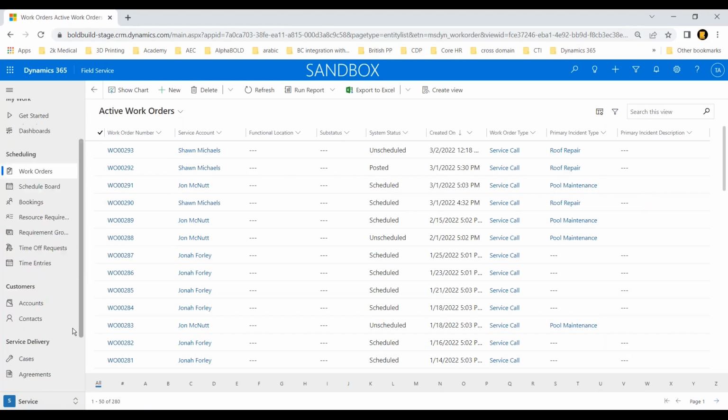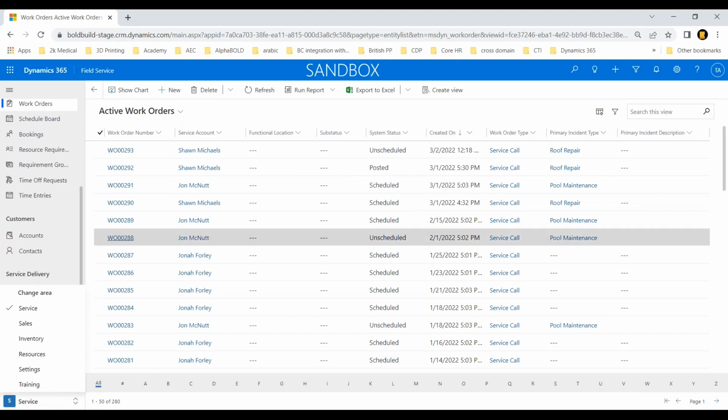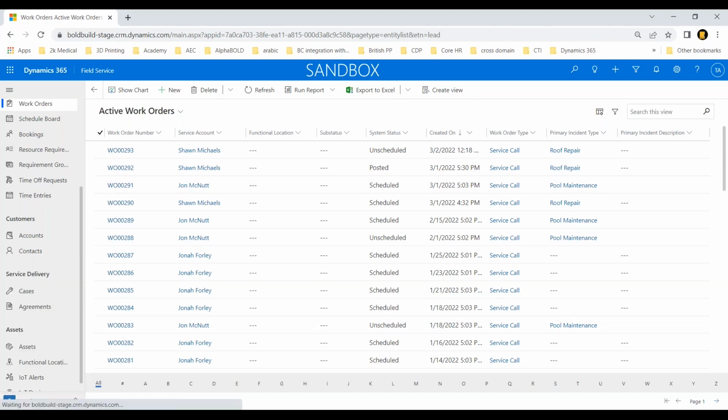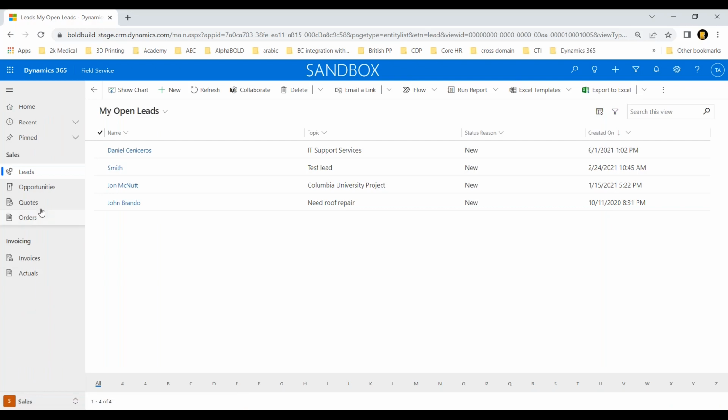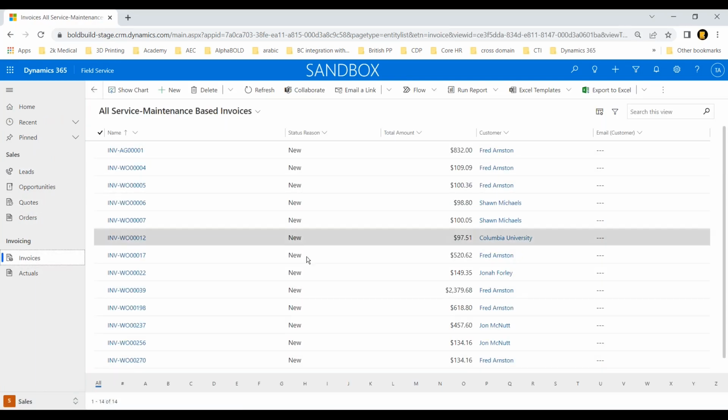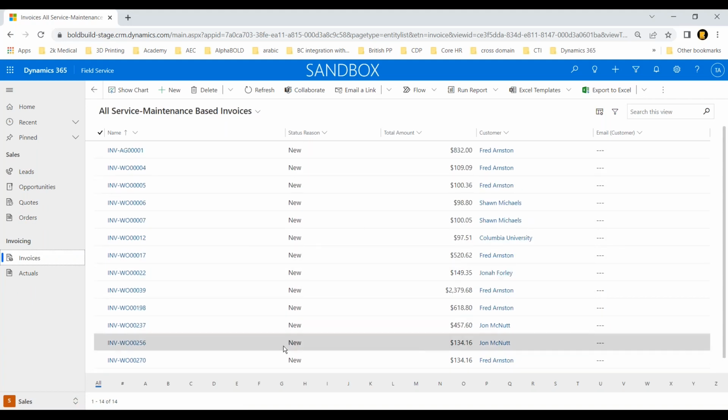So I wanted to showcase this to you, but again, like I showed you invoicing for the project piece, I want to show you that as I'm working here, as soon as I come to a work order and I change the status to posted, the system automatically generates an invoice. By default it is completed when the field person completes it, but at the back office, I change it to posted. So if I go in here, it will generate an invoice, and the invoice will have all the details of the line items and whatever you can think of here.